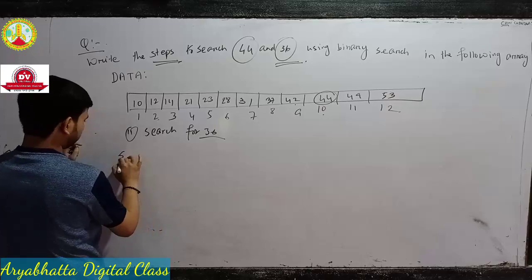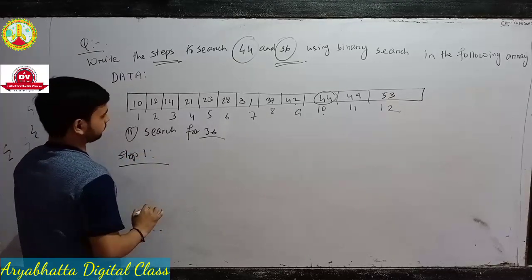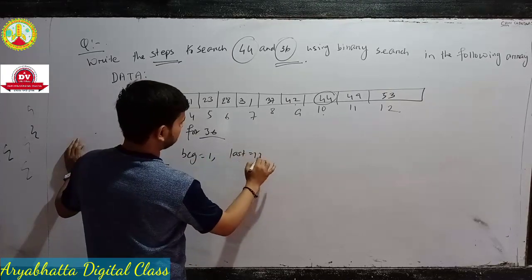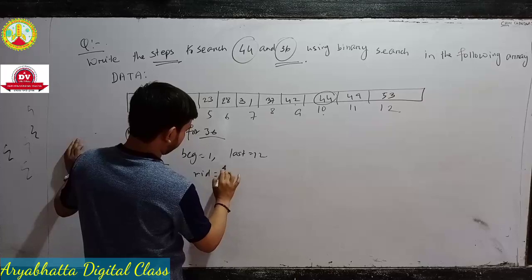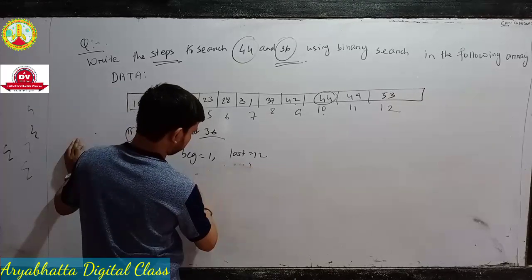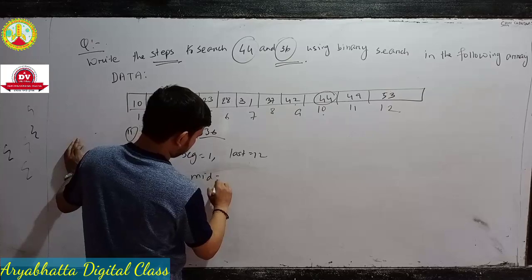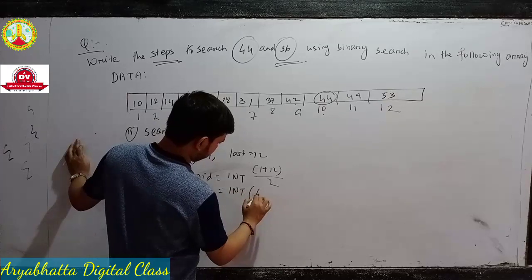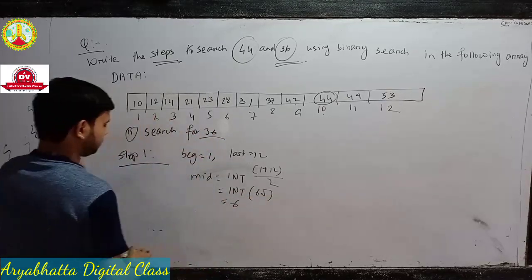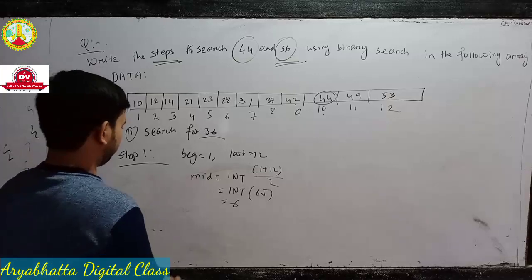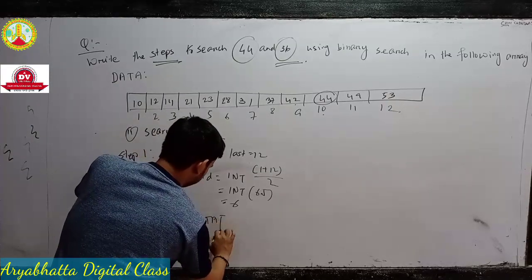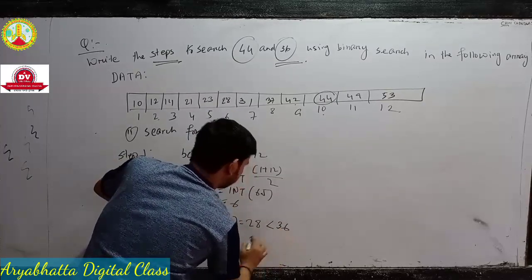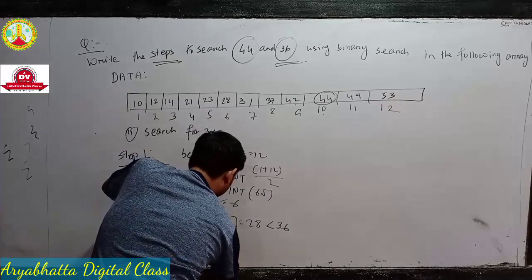Search for 36. Okay, step 1, again we start from the beginning 1, last 12, mid is equal to (1 plus 12)/2, which is 6. Okay, means data 6 is 28, less than 36,